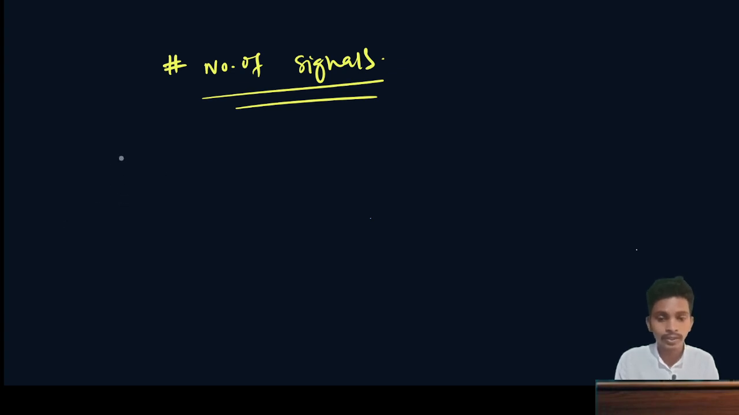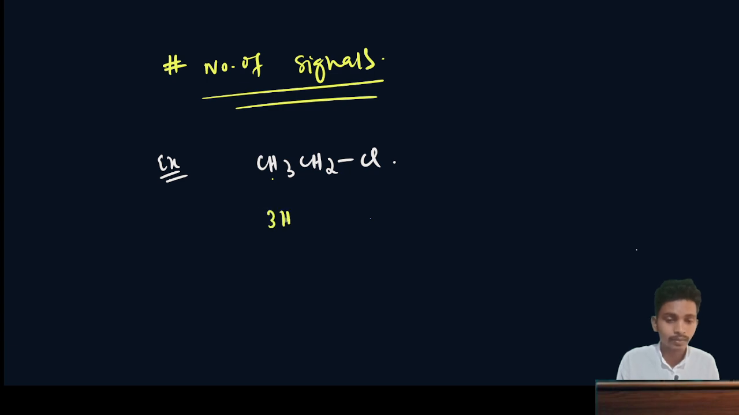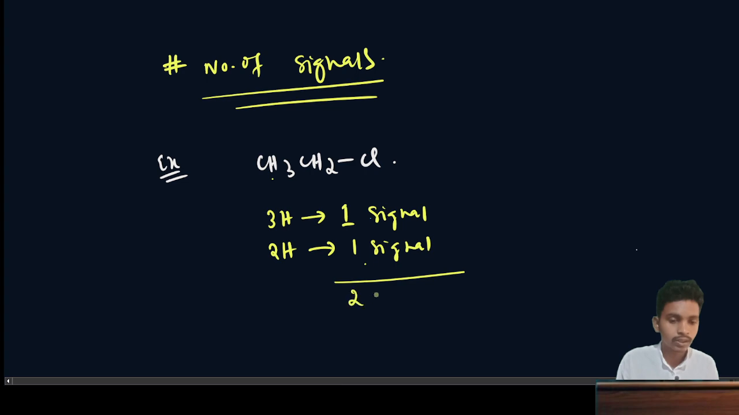So let's say we have CH3CH2Cl. For this molecule, how many signals will we get? The CH3 is homotopic, and homotopic is always not affected by an asymmetric center, so the 3H will give one signal. Here there is no asymmetric center, so the CH2 is enantiotopic, and the 2H will give one signal. So in total, 1 plus 1, that is